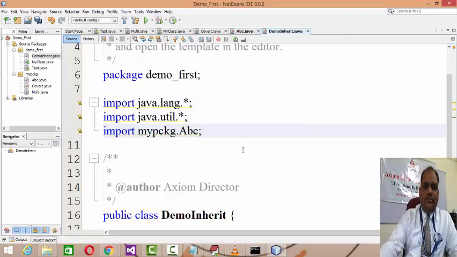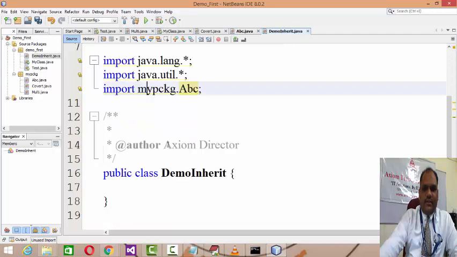So now this ABC class, which I termed as a base class, is accessible through mypkg.